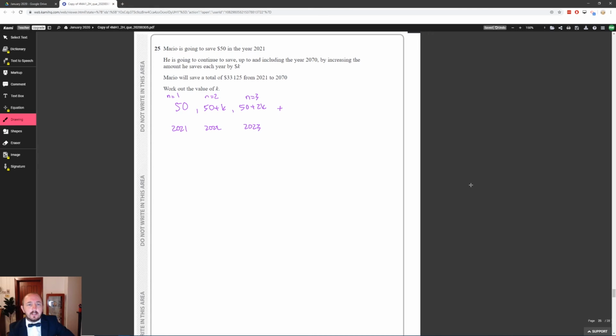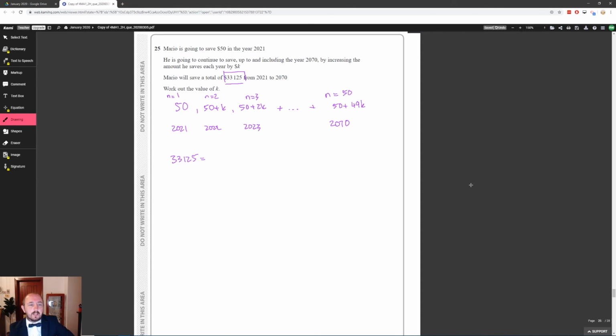2023. So when we get to the final year, which is 2070, so we're going to have n equals 50, 50 plus 49k, and that's going to be in 2070. So you can see we're generating a sequence here. The sum for the first 50 years is